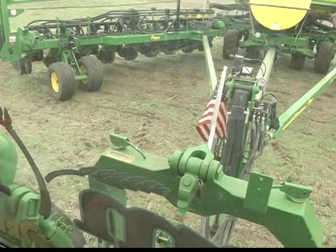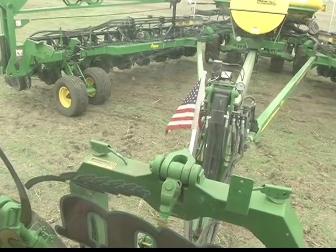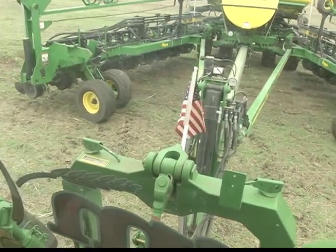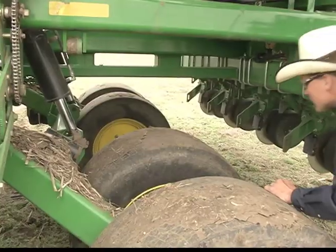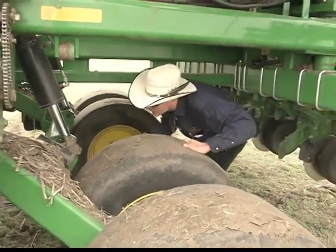This will take all the pressure off of your walking tandems on the wings. This is what your wing wheels should look like as they're rolling in together. They should not be pushing any dirt. They should be rolling smoothly while your tractor is rolling forward. With the tractor shut off and the key removed,